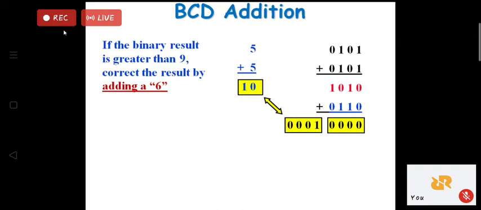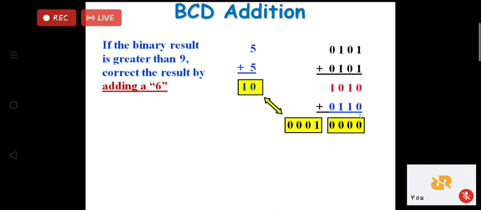What do I have to do with 10? I have written it here in the red sentence: you have to correct the result by adding 6. This is an animated PPT I have made. I have added this number in blue; the value of this is 6, 4 plus 2. When I add this,